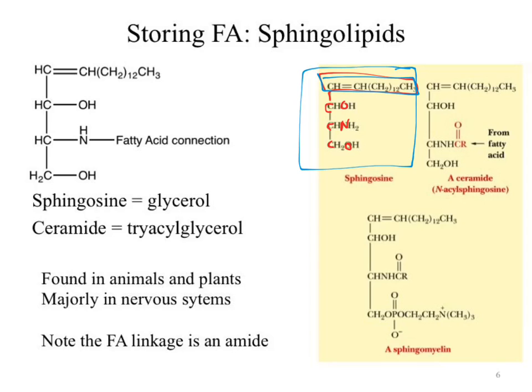So in a ceramide, what you've done is taken your sphingosine and you've put on a single fatty acid onto the amine. Okay. If we go through and look at sphingomyelin, okay, you've got now a phosphate group and a whole bunch of other polar charge parts to this. You've got now yet another fatty acid in that middle as well. Okay, so all these are ultimately doing is alternate ways to store your fatty acids, but at the same time, we're really introducing